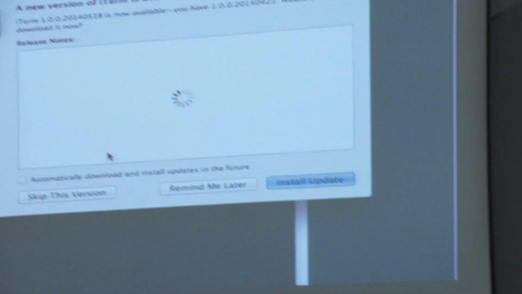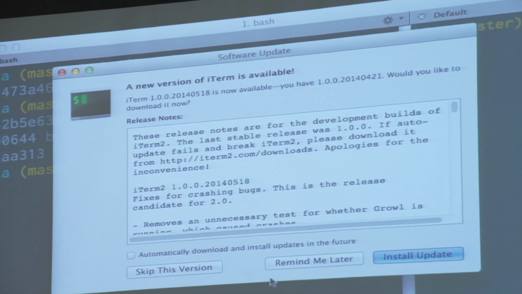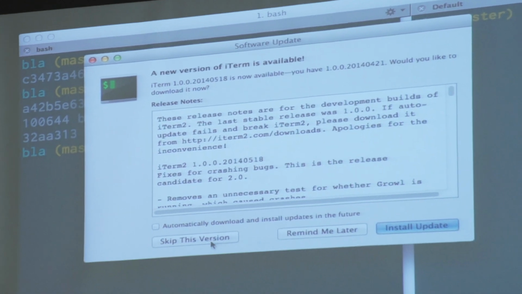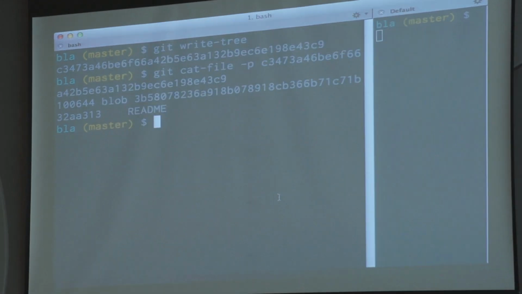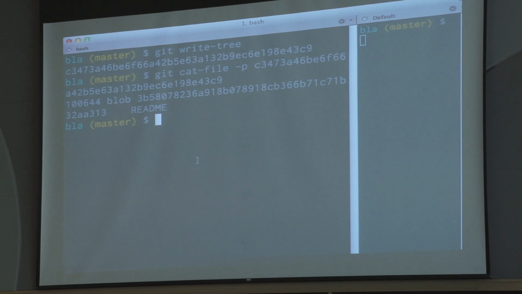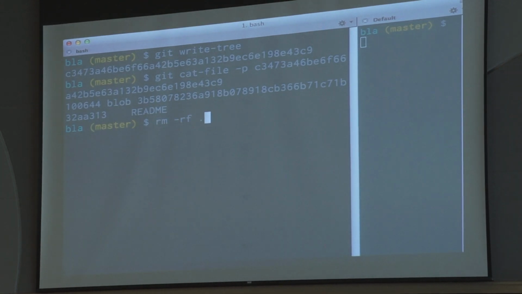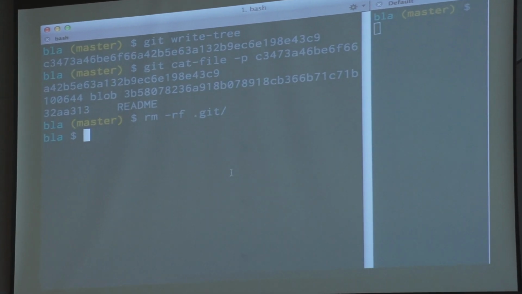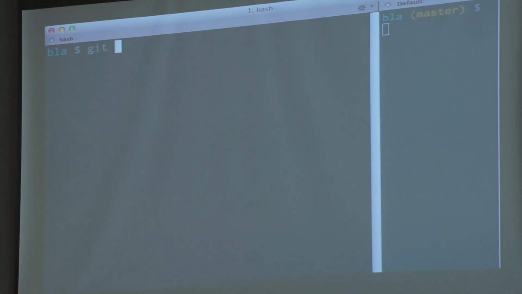So let's take a quick look and do something over here. Because I've completely mucked up my Git tree, I'm going to blow away my Git directory and start again.